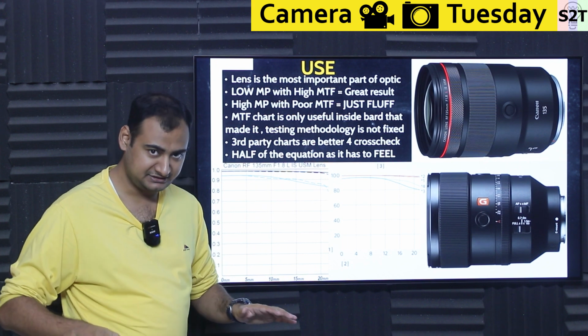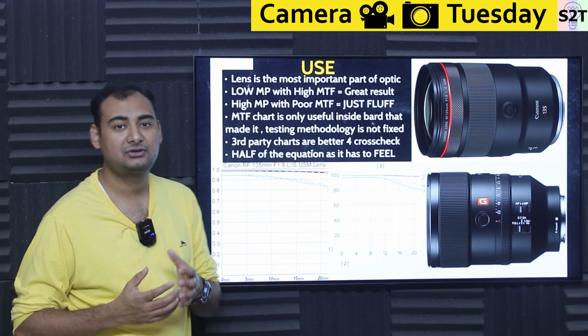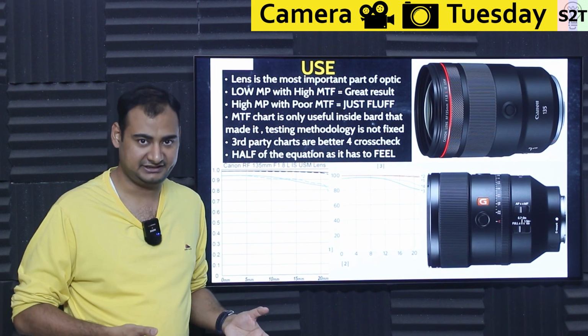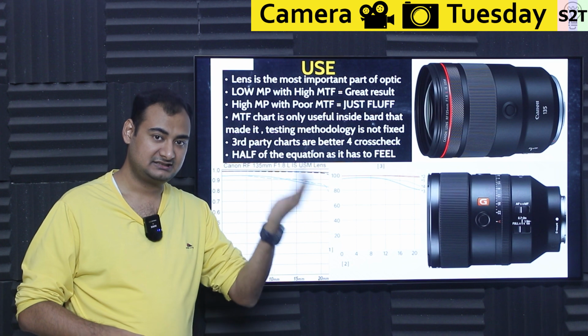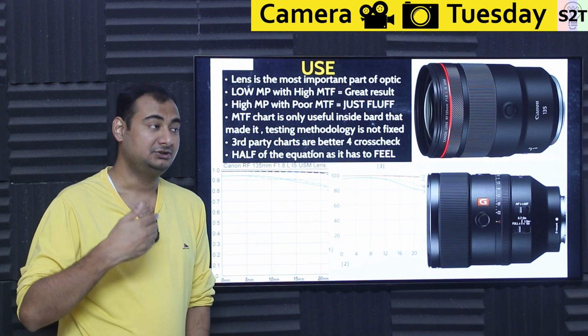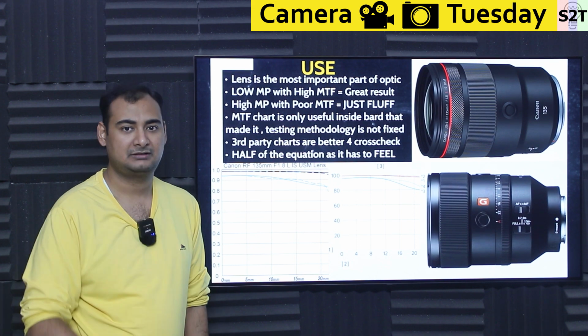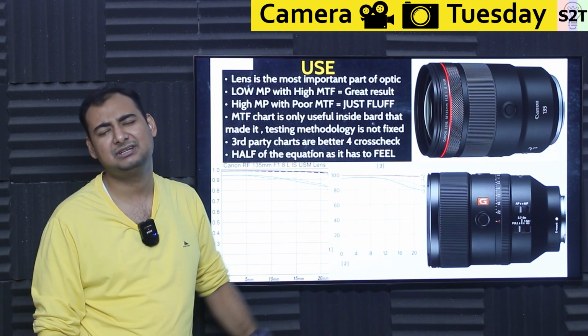Now, that being said, talking from a scientific point of view, this is half of the equation. Whenever you are talking about photography, you're not talking about scientific things. You're not talking about espionage. You're talking about feel, meaning science plus art. So MTF takes care of the science part, but you may have a scenario where the lens is too sharp. For example, many people have complained about this lens, it's too sharp. And like, how the heck is that possible?